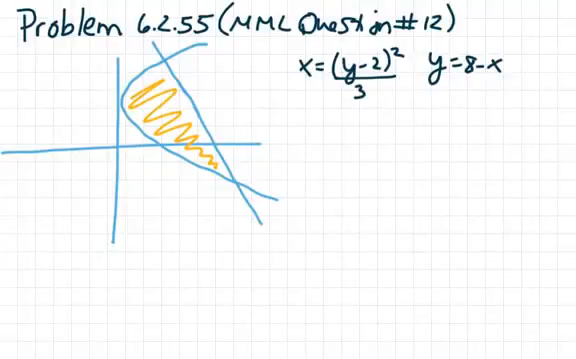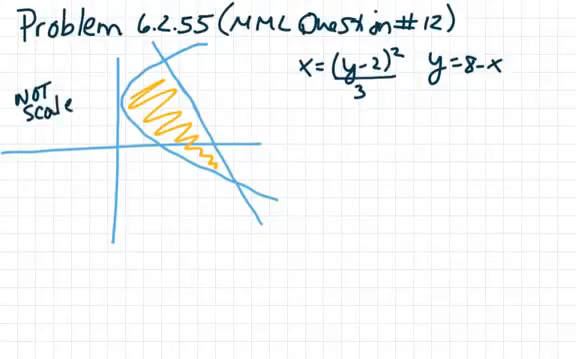6.2.55 is question number 12 on my math lab. The picture that I have drawn is not to scale, so just a warning. It's tough to get a to-scale picture on here with this graph paper, but the diagram looks like this, and the equations that you're given were here. So you have these two equations that were given, and then you're asked to pick which way you want to